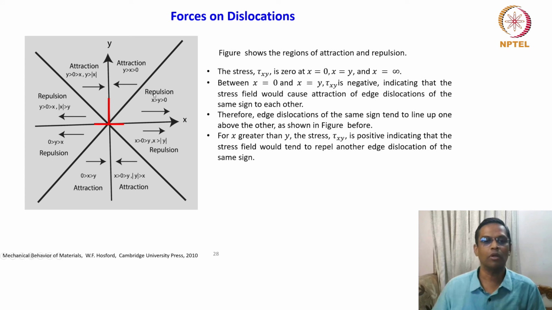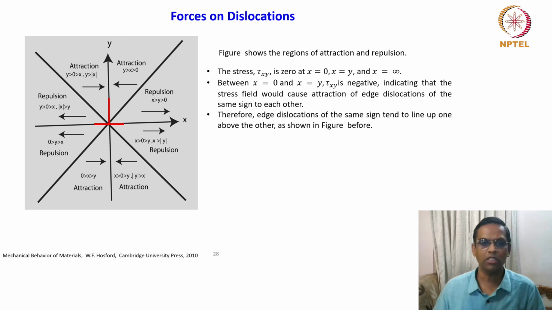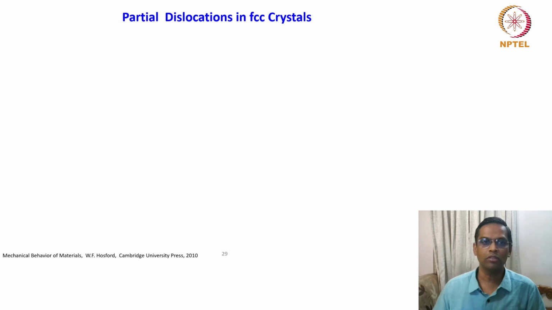This corresponds to this quadrant, this region. The above statement, the first one, is attraction, and this is repulsion. Just for clarity, what I want to tell you is